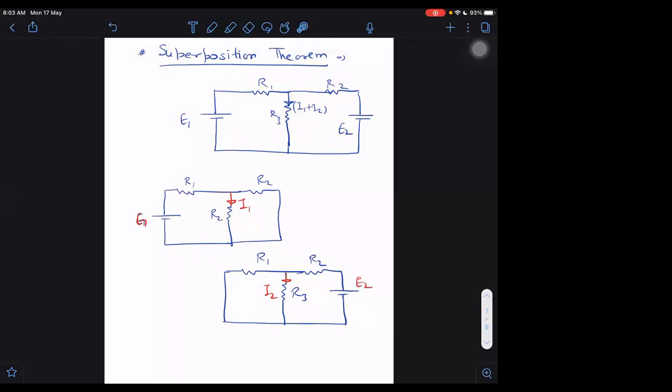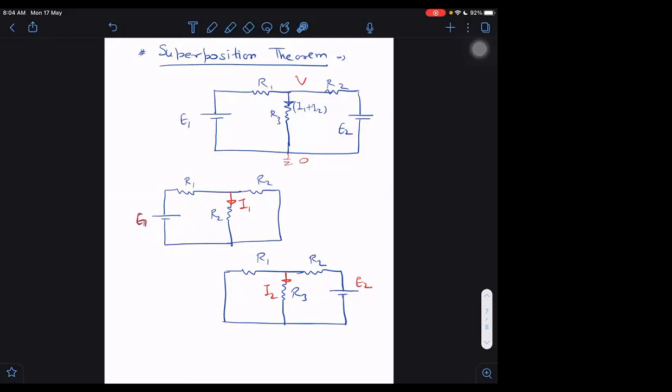So should we use it anytime to solve networks? No, never. Because it will be much wastage of time. For example, let us say if I want to solve this network, what do I need to do? My usual method is I will take the node here as V. How many equations do I need to solve it? Just one equation and I will get the answer. On the other hand, here I need 2 separate circuits to solve. And if there are 3 batteries or 4 batteries, then I will need 3 or 4 separate circuits to solve. It is interesting to see the result, but it is not useful to solve the network. Networks we will solve by taking everything together rather than separately, because otherwise it will increase our burden.